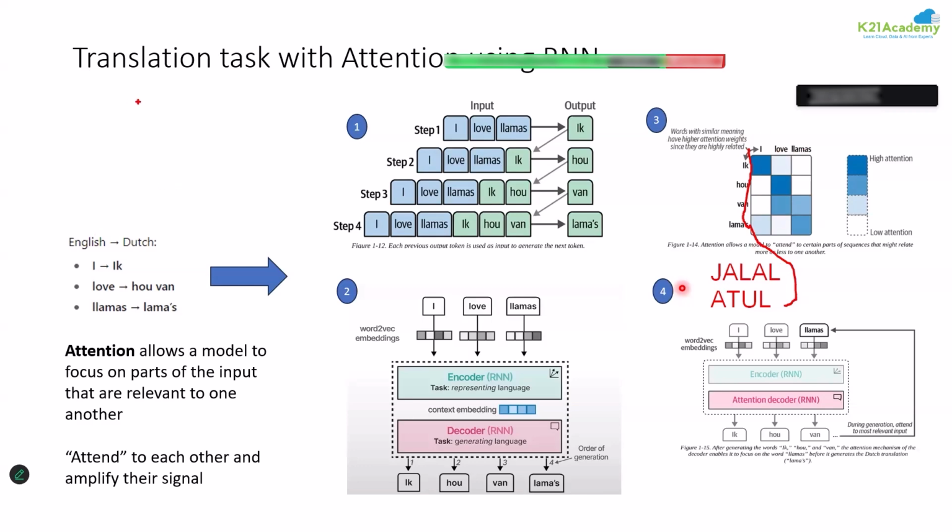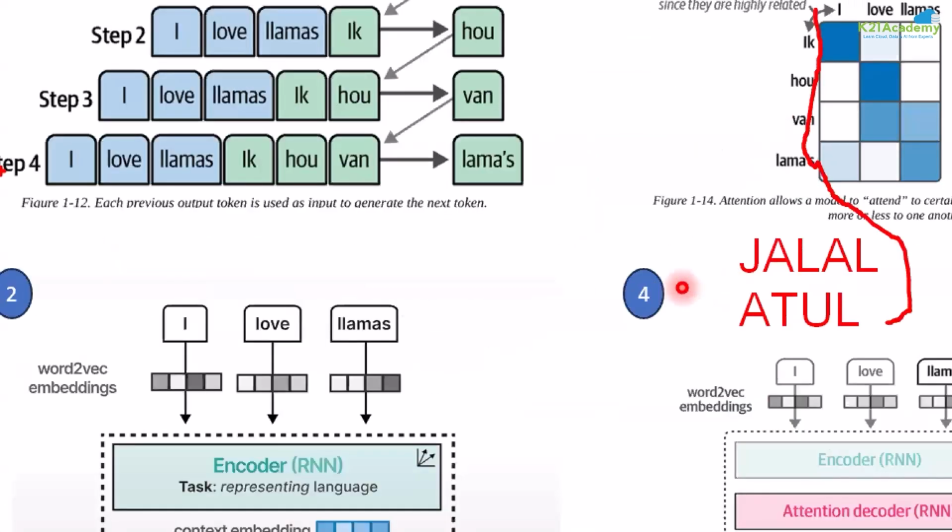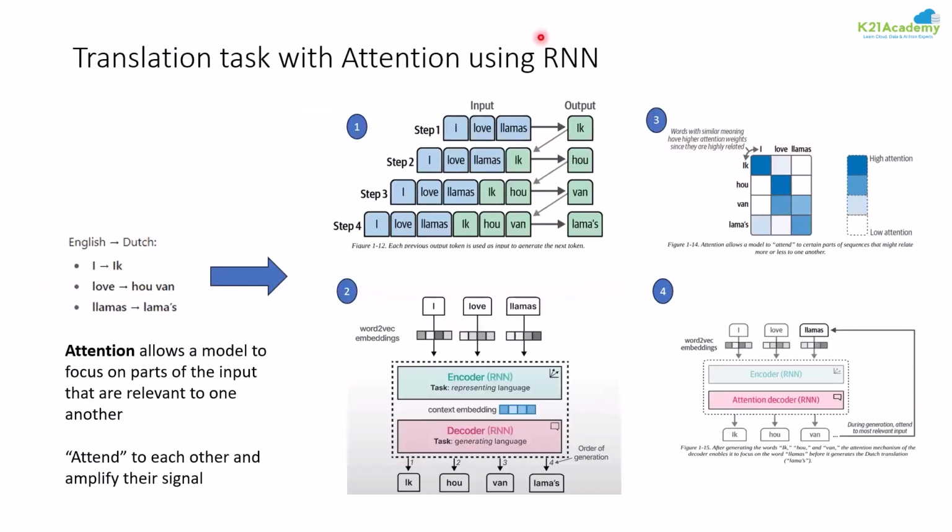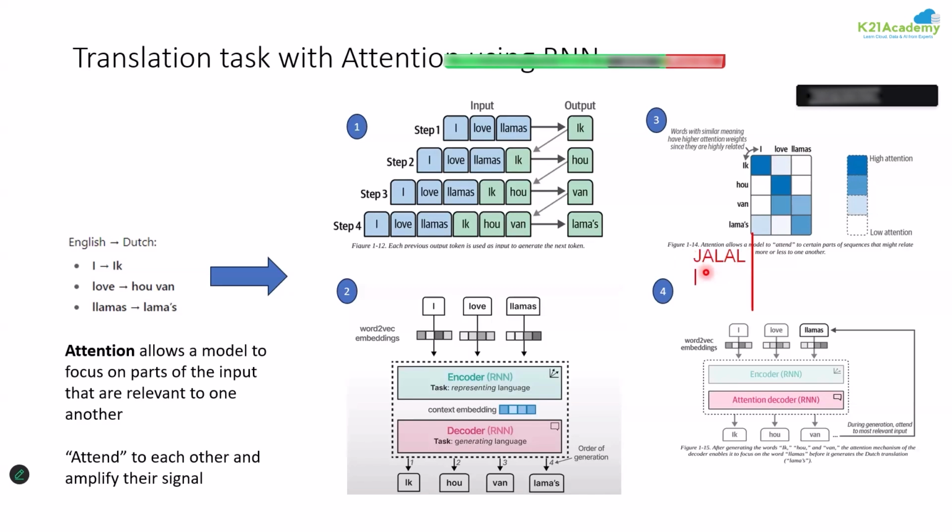If I want to do translation, that means this model must have seen German, right? Correct? Who gets the job of translator? The person who knows the language, right? Everyone agrees? Who gets the job of a translator? The person who knows. Right now I have just put 4. Suppose there are many other words that were part of my RNN network. Suppose there is one word called Jalal, one word called Atul, another word called Pranjal, maybe, just helping you understand. These words are available.